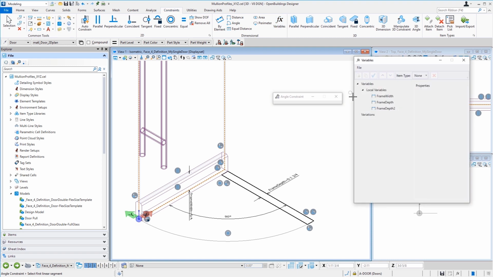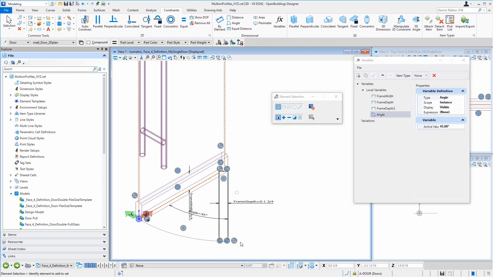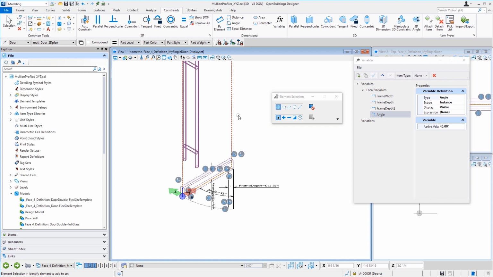But let's go back to our variables and create another variable for the angle. So I'm just going to call this angle. And rather than a distance, this would be an angle constraint. And we could put a value in here. So let's try 45. And then we'll go back and we'll, again, edit this dimension and select our angle variable. And now you can see it creates that door swing at a 45. And if I were to change it to 60,